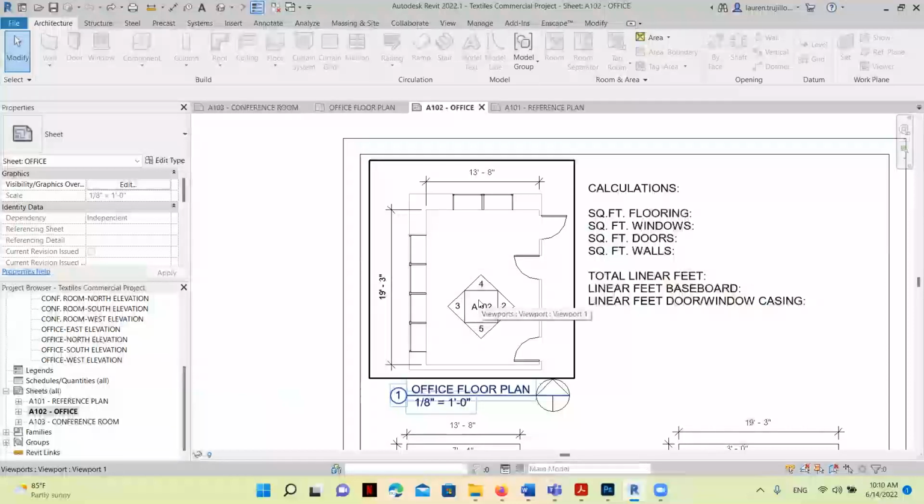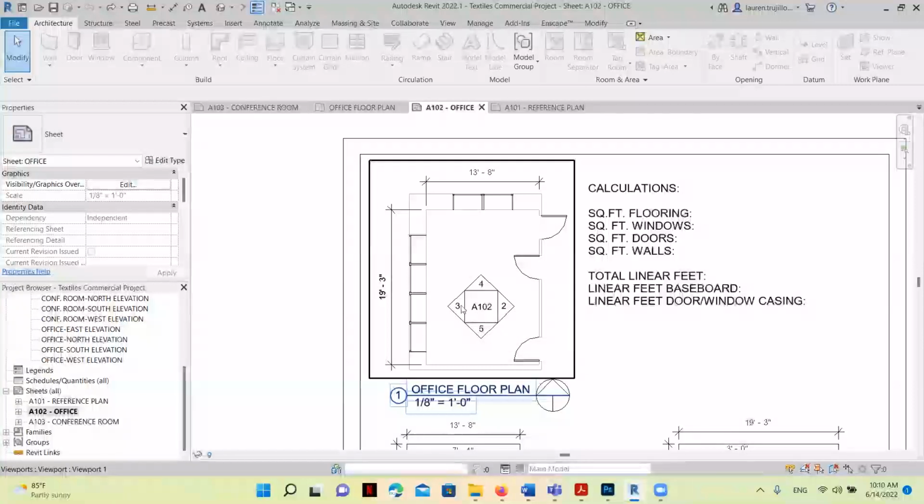Now, for beginning design students, it might be a little challenging to visualize the interior of a space without seeing a three-dimensional model of it. So right now, we're going to help you visualize this space by providing a series of elevations. What we have here in the center of this floor plan is what we call an elevation tag. You can see here, if a viewer stands right in this square and looks in the direction of each of these arrows, we are going to see a wall, or an elevation drawing of a wall.